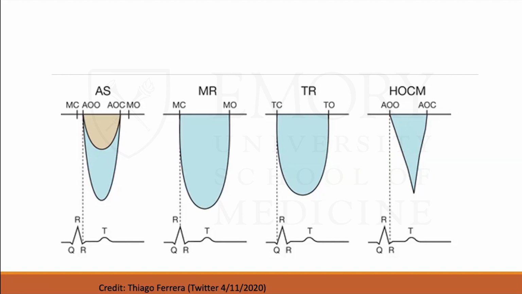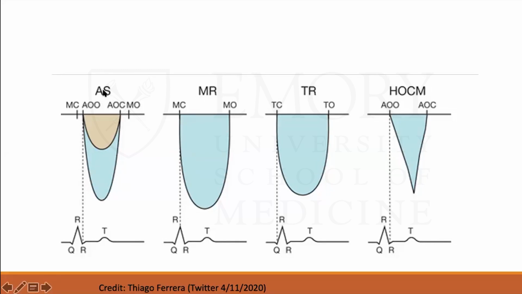Another thing to keep in mind is the actual contour of the jet. The reason this is important is because if the patient also has mitral regurgitation, or hypertrophic cardiomyopathy with some sort of subvalvular LVOT stenosis, you can get fooled into measuring velocities and subsequently gradients that are not actually coming from the aortic valve. So one way to differentiate between aortic stenosis and mitral regurgitation is the duration of the